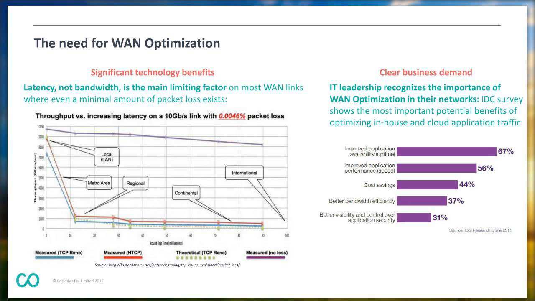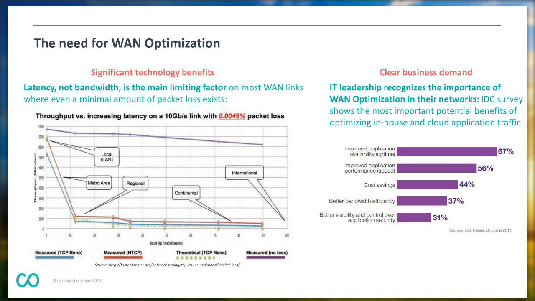And when you get up into long-haul wide area networks in the tens and hundreds of milliseconds, you're down typically to less than 5% of the effective throughput. So there's a real benefit to adding WAN optimization in here, where you can bump it back up to that theoretical maximum by achieving some of the benefits of optimizing those protocols, as we spoke about a moment ago.